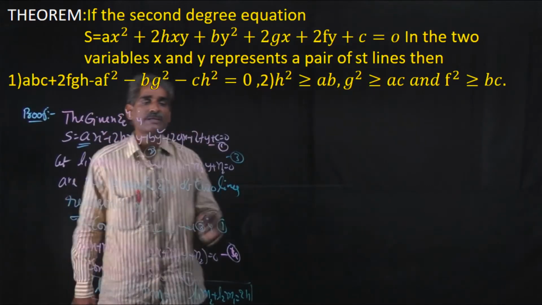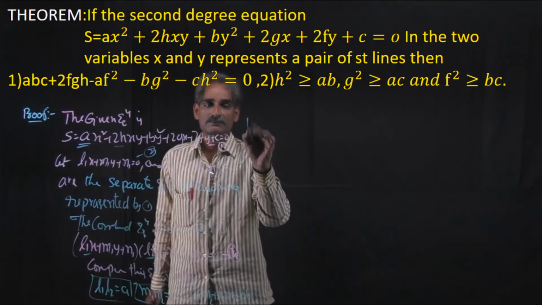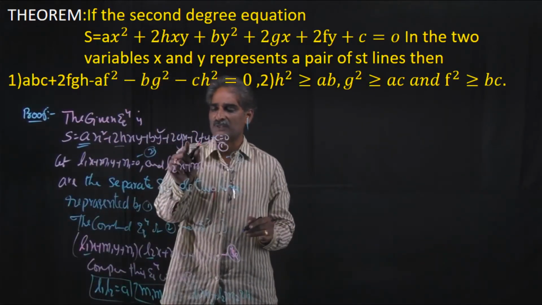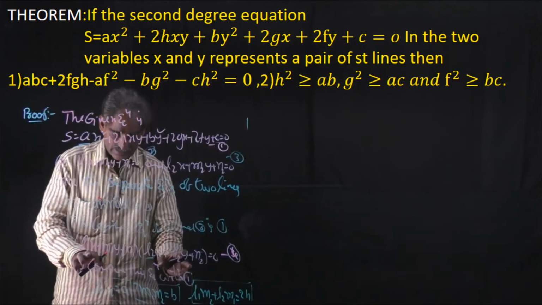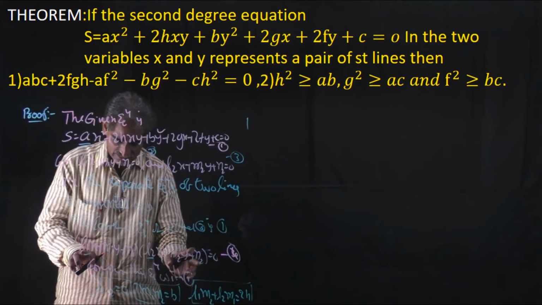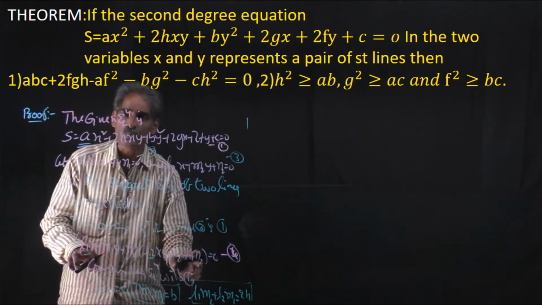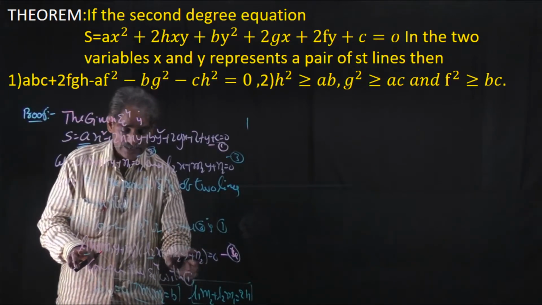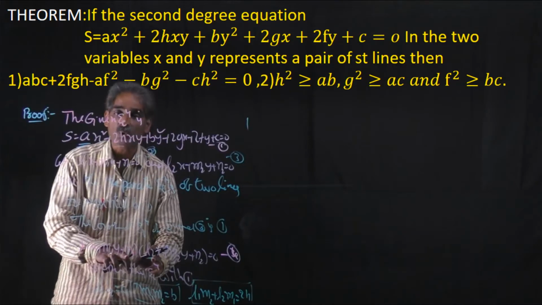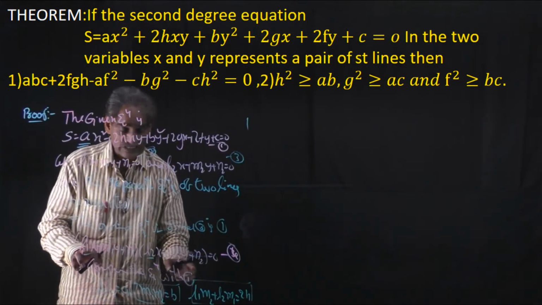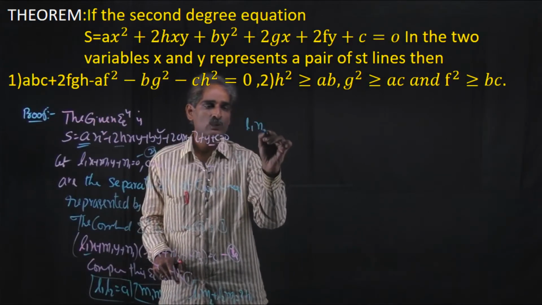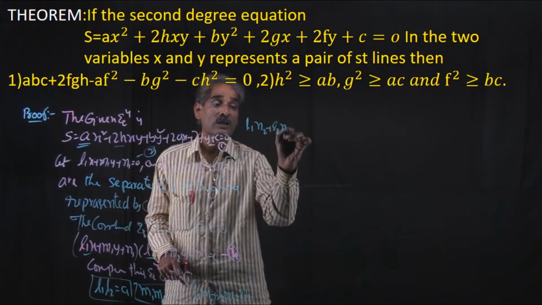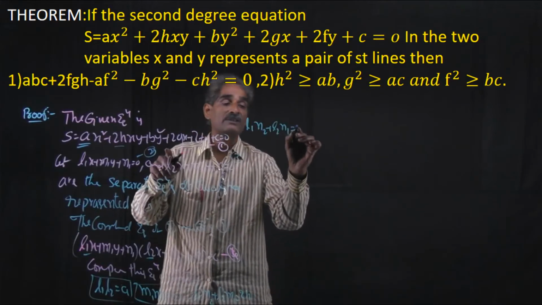Now what about the x coefficient? Here just compare the x coefficient. Here the x coefficient is 2g. Now observe the x coefficient. Here the coefficient of x is L1, here the constant is L2. L1 N2 x plus L2 N1 into x. The coefficient of x is L1 N2 plus L2 N1, that is the coefficient of x, that means 2g.